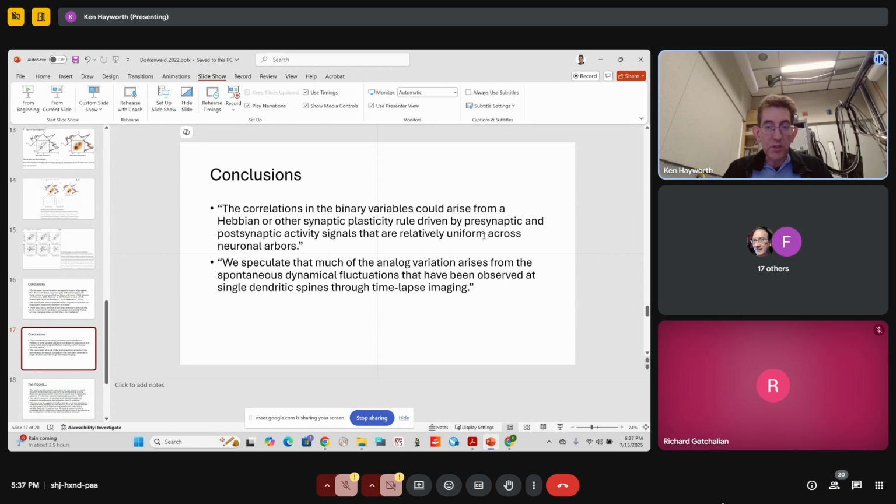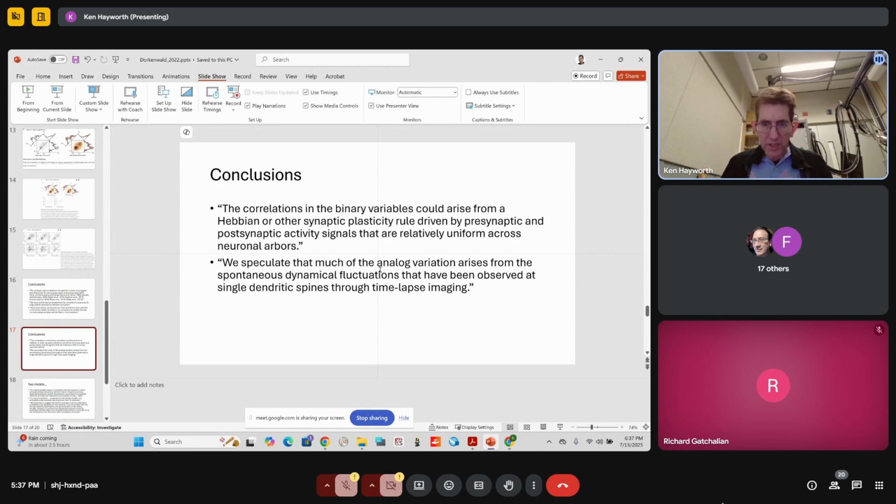that are relatively uniform across neuronal arbors. That's, like I was saying, a whole cell spiking that is really presumably involving the learning process. We speculate that much of the analog variation, because there's a lot of analog variation here,